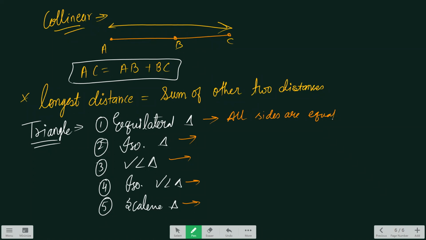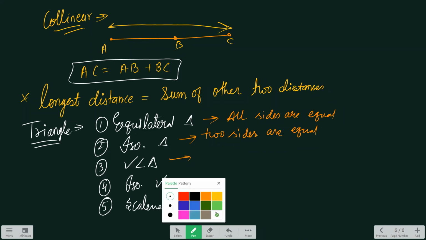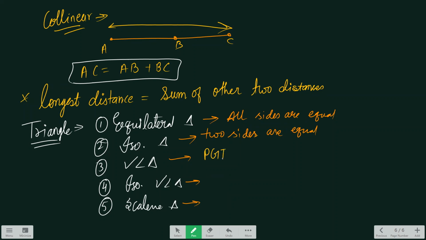And if two distances are equal, है ना, two sides are equal, then this is the isosceles. And if it follows PGT, okay, if it follows, पहले आपको sides की distance निकालनी है, then check करना है आपको क्या longest square equals to sum of square of other two. Okay, P square plus B square. If it follows PGT, then it is a right angle triangle.